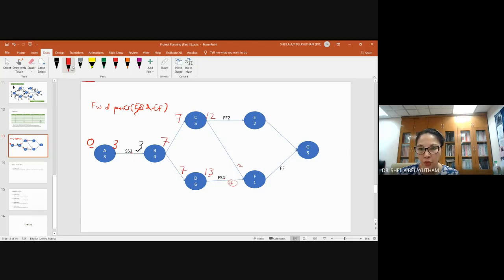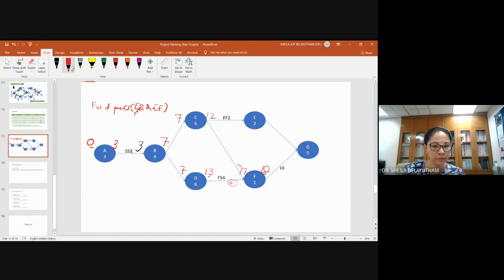If you place 12 here, this activity has not completed. You will overlap the activity. We don't want that. So at least you place 17 here. It allows every activity to be completed. So when you go forward, basically, we choose a larger one. So the largest, 17 plus 1,